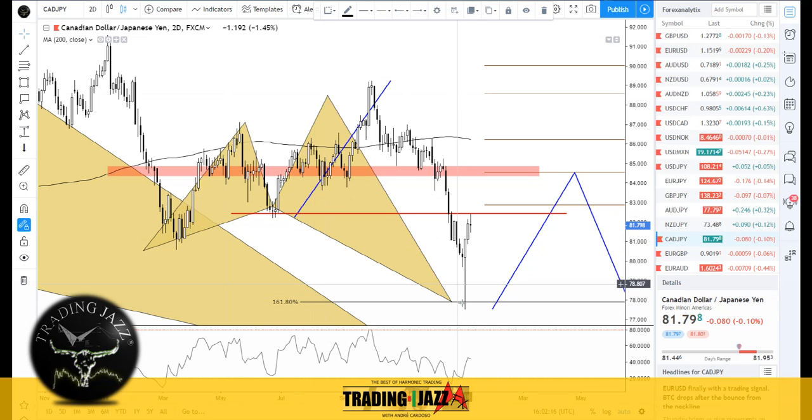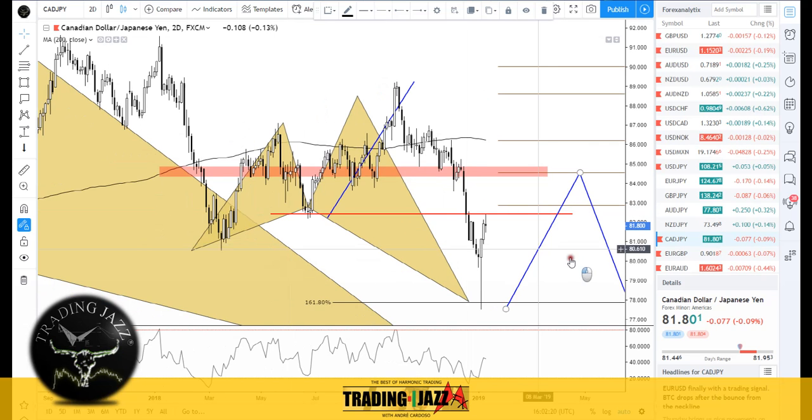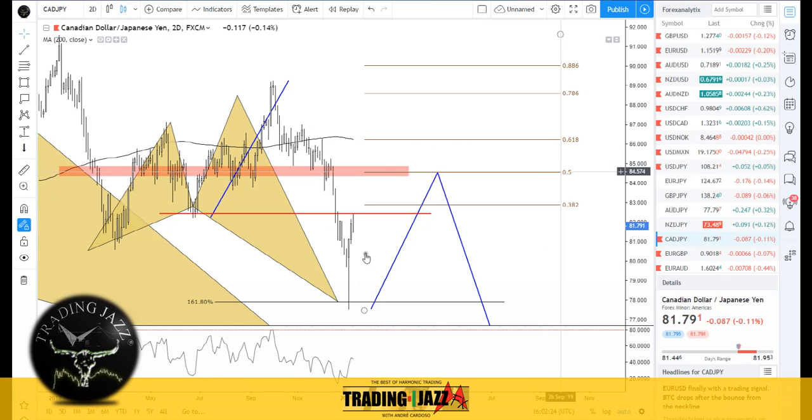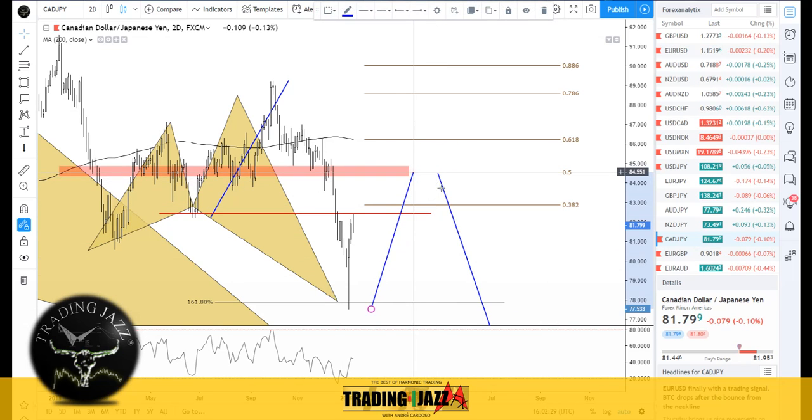But sharp pattern at 168 extension, we are now retesting previous structure support level. The default target is the 50% retracement, so the price eventually needs to trade a few points above. But if you need a minimum requirement, the 38% retracement is just a few points above the most recent